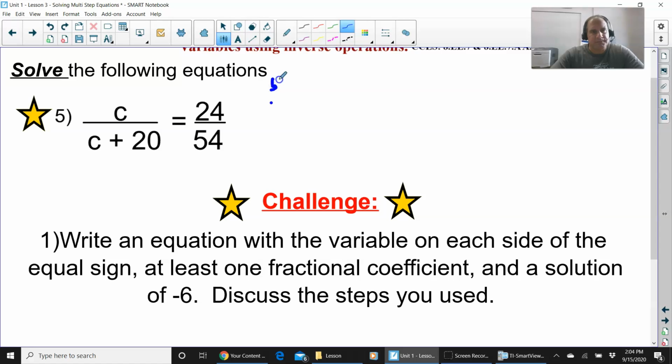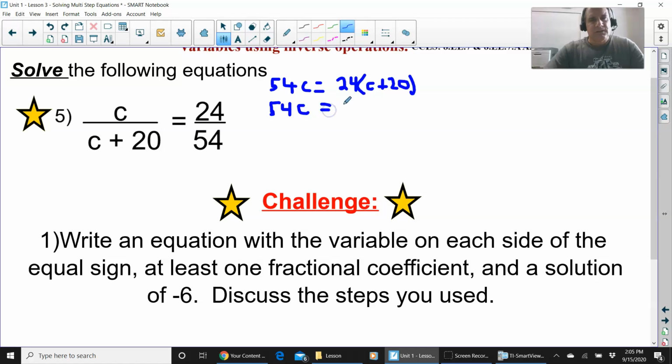Always give yourself room, right? 54c. So now you have to multiply this way. So it's 24 times c plus 20. And you put it in parentheses because it's the 24 times the whole c plus 20. So bring this down. 54,